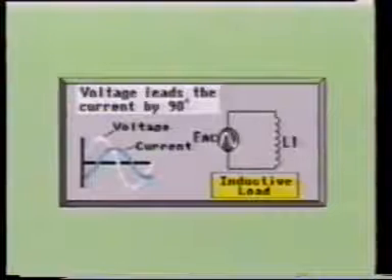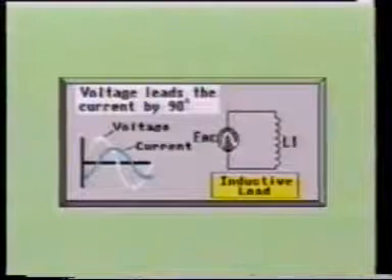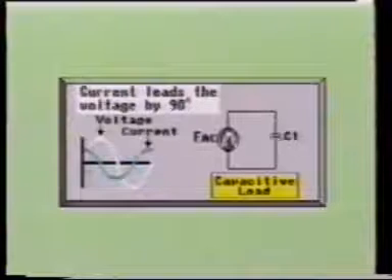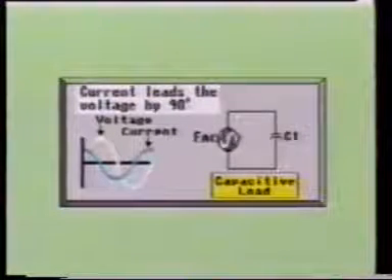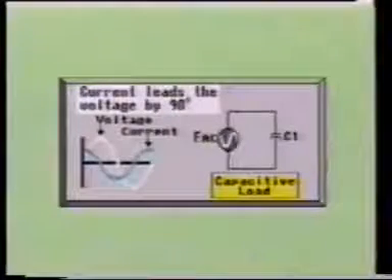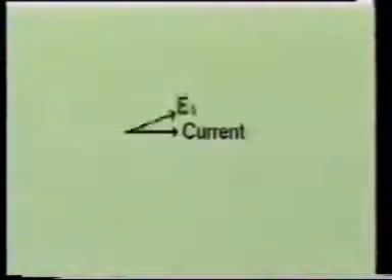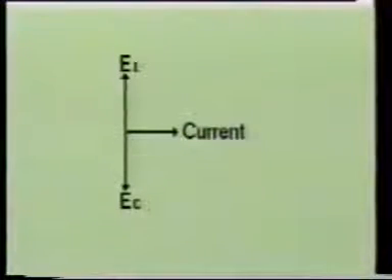You have already seen that in an AC circuit containing an inductor, the voltage will lead the current by 90 degrees. In an AC circuit containing a capacitor, the current will lead the voltage by 90 degrees. Therefore, since the voltage leads the current by 90 degrees in a purely inductive circuit, and the voltage lags current by 90 degrees in a purely capacitive circuit, the effect of one of the reactances will tend to cancel the